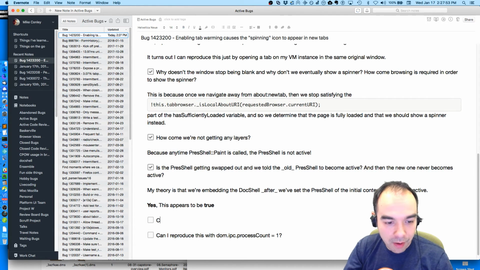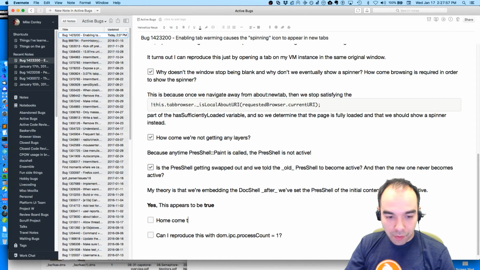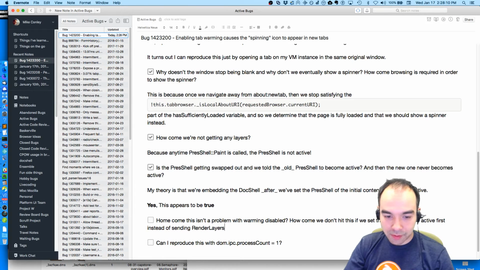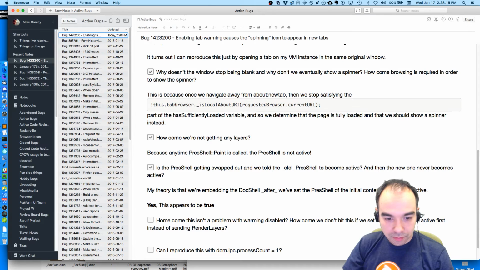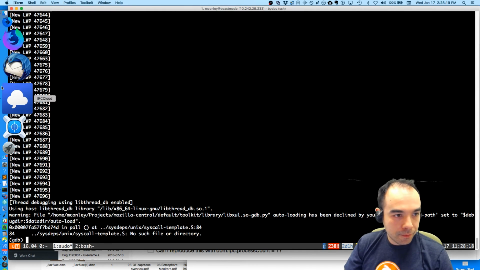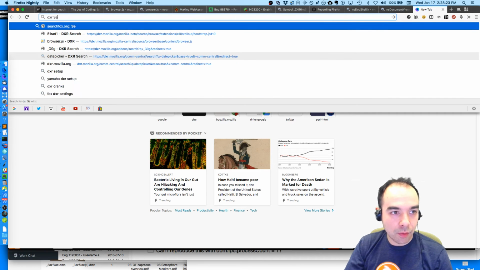So the last question I want to answer is, how come this isn't a problem with warming disabled? How come we don't hit this if we set the doc shell to be active first instead of sending render layers? And how does that work?